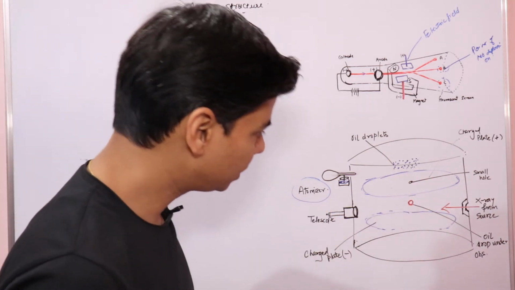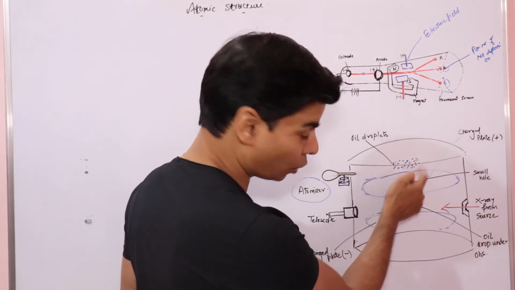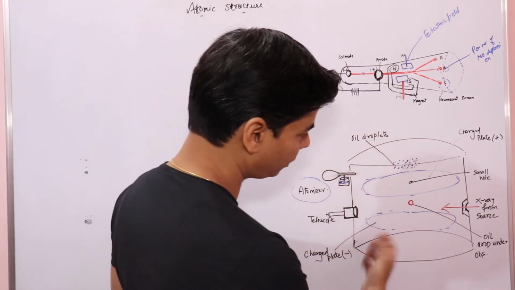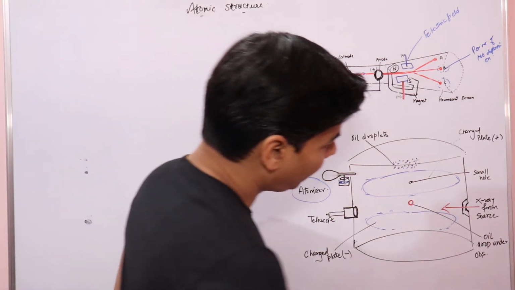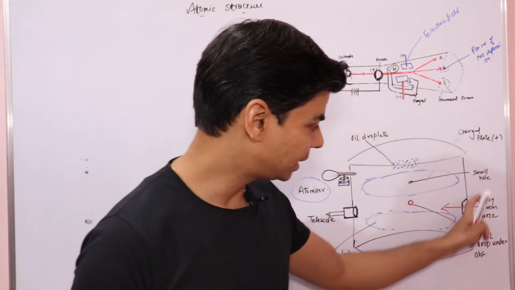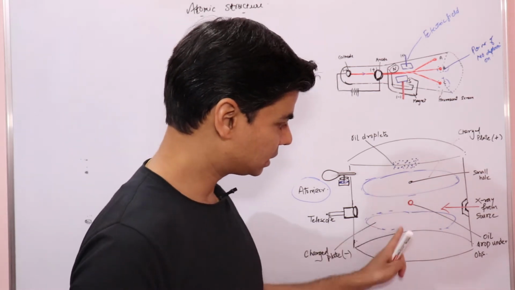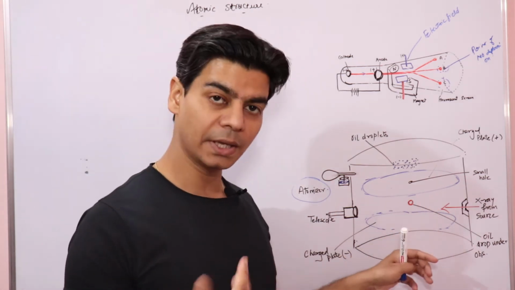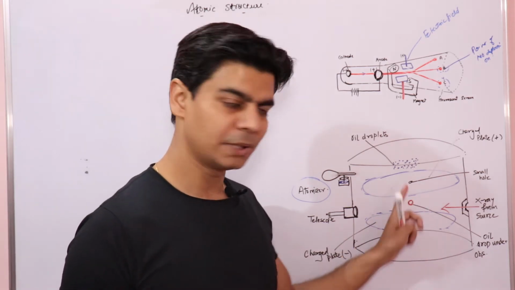This is your telescope. This telescope would be used to see these oil drops, which would be falling under gravity and under the effect of this electric field, when the electric field is applied. And you have this X-ray source. We will introduce X-rays in this region between these plates. These X-rays will ionize the air between these electric plates.